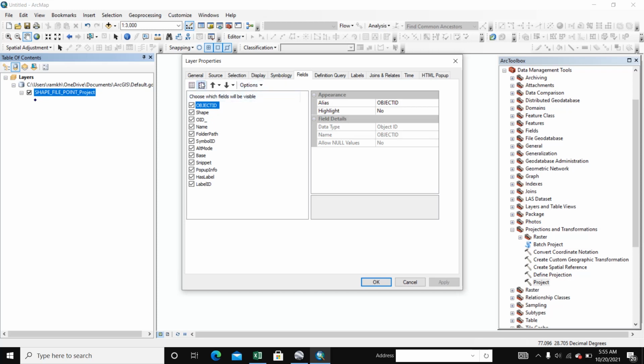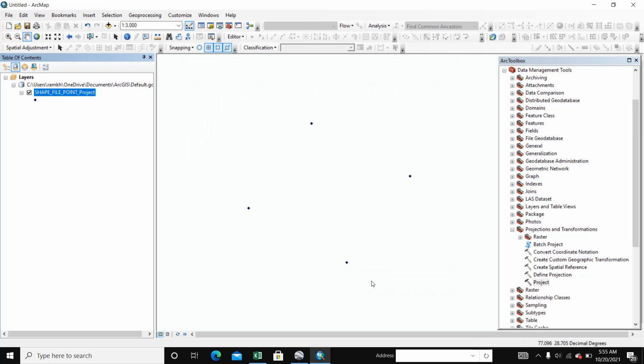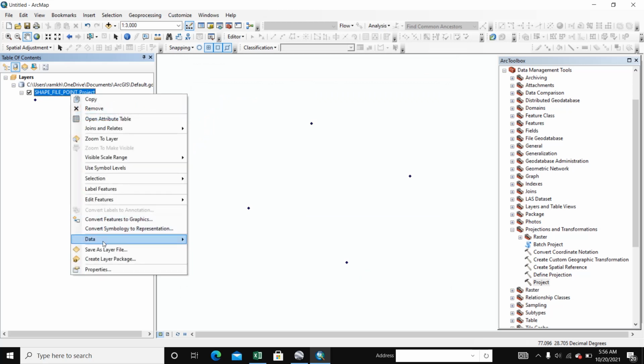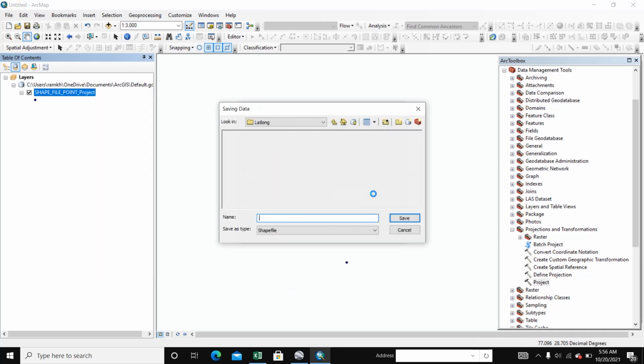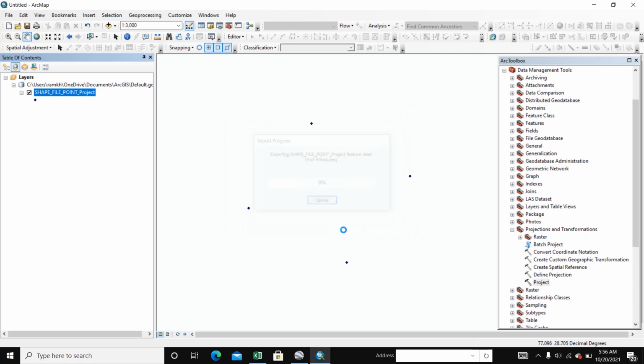If you do not need any field, you unselect all and OK. Export, right click, go to Data and Export. We select the final save file and save. OK, and remove it.